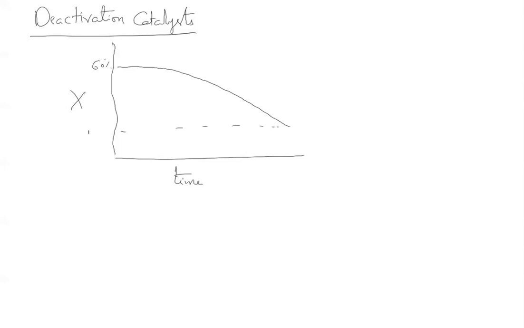So basically, what could be the reasons for catalyst deactivation? Catalyst deactivation means the performance of the catalyst is decreasing. Let's say if you are talking about conversion with respect to time, this is how the performance of the catalyst looks. The conversion may be 60% and drops to 55 or 50%, something like this. Slowly the catalyst is deactivating. Clear?